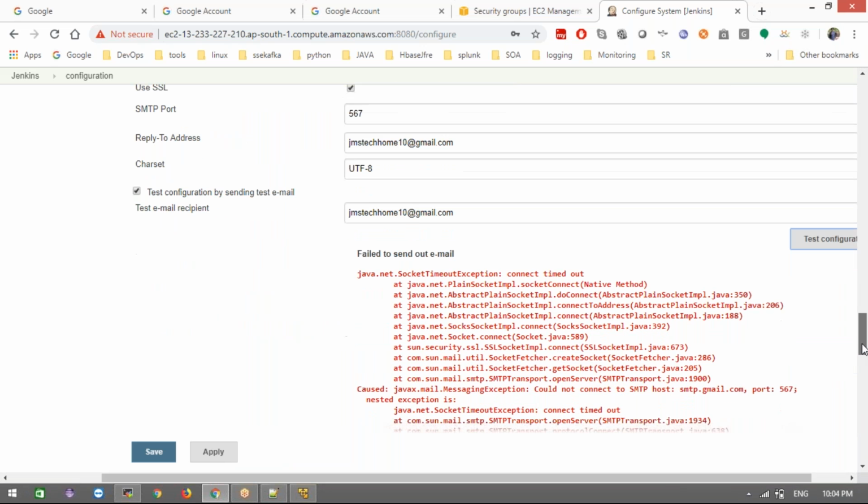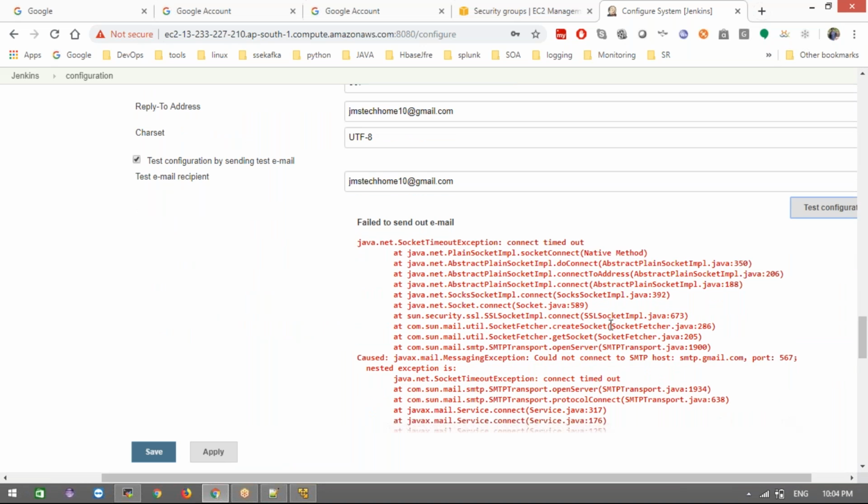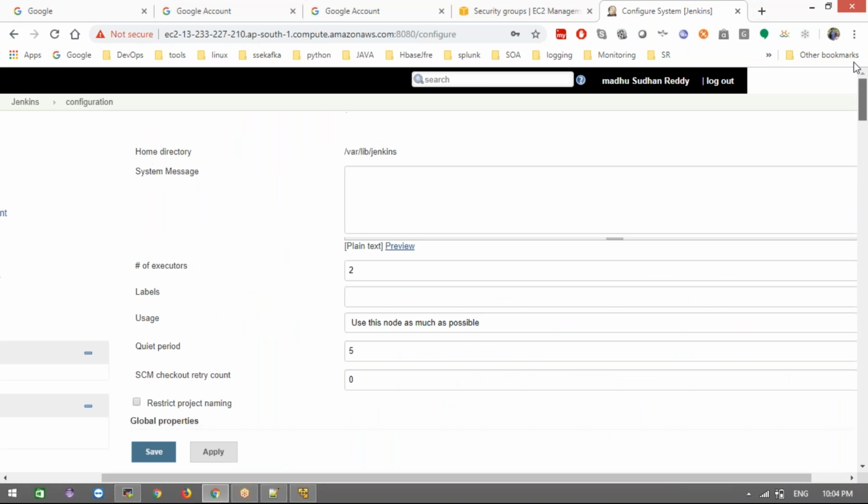Okay, I will check it. How to enable this here in AWS, I never tried AWS. I will check it later on.